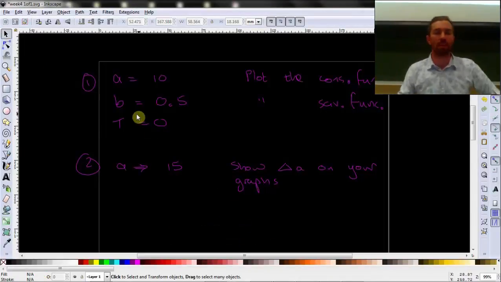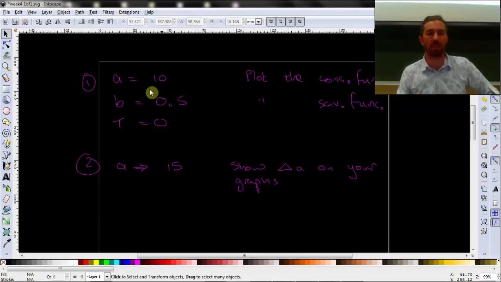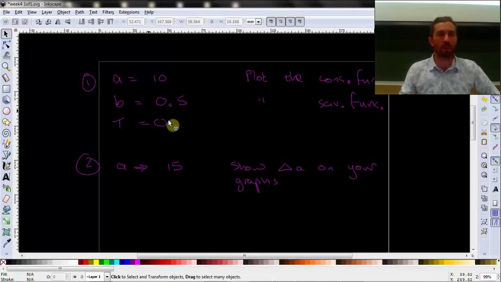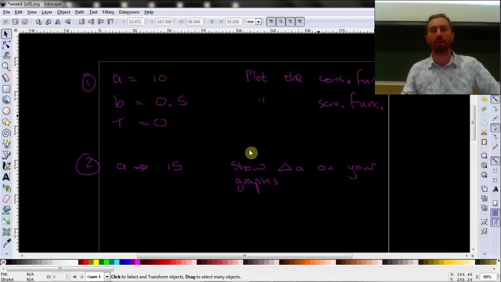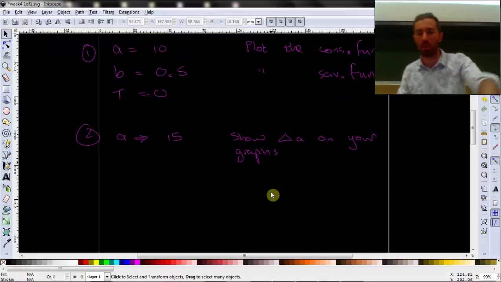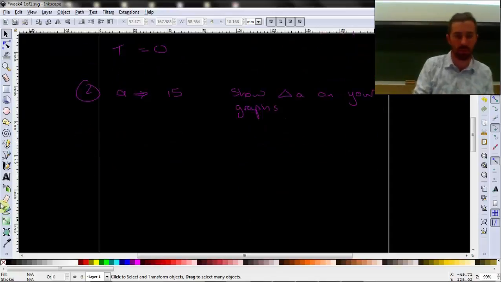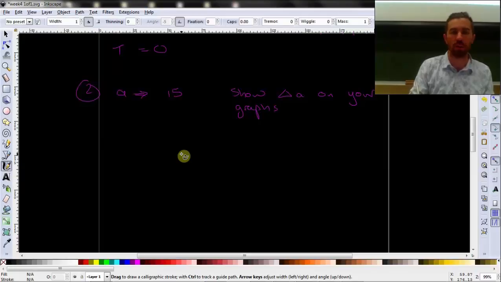So the example that I gave to you was if we have an autonomous level of consumption of 10 with a marginal propensity to consume of 0.5 and letting taxes equal 0, so the consumption is just a function of output, and we don't have to worry about the distinction between output and disposable income. And then plot the consumption function, then plot the savings function, then change the value of autonomous consumption to 15 and show the change in A on your graphs. So what you should get, what you should have plotted,